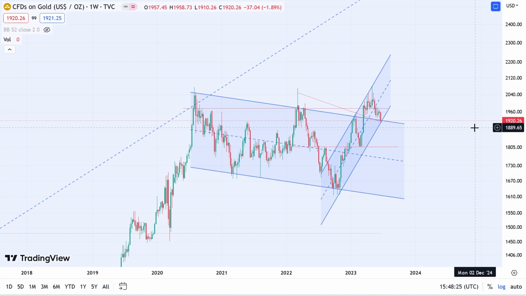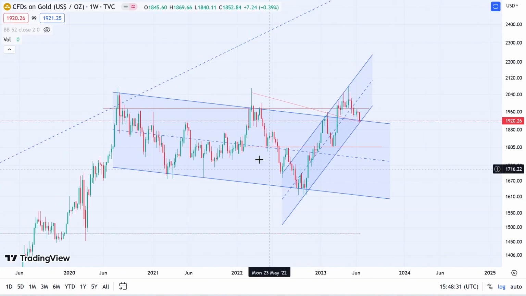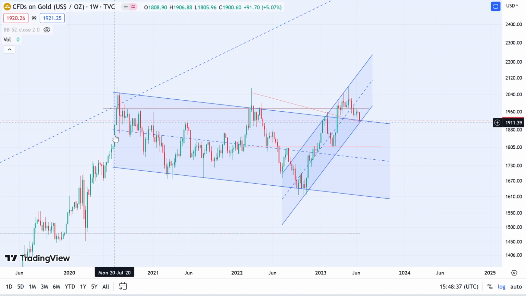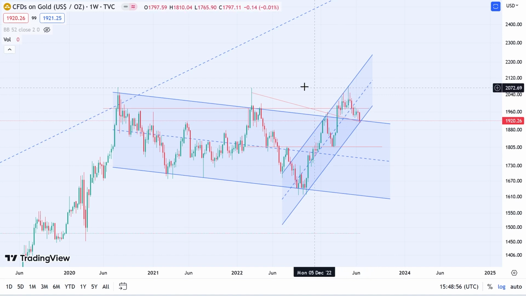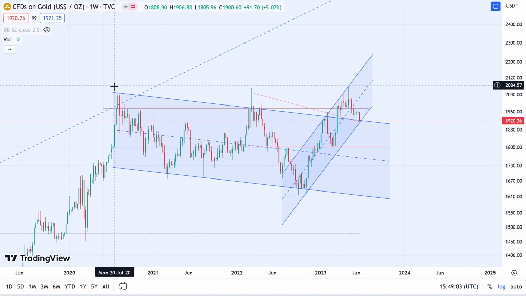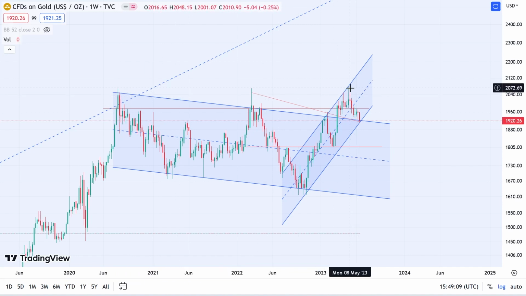So we've got gold first, and as you can see, I've pulled it up on the weekly candlesticks. So you can see we have a nice flag formation, parallel price channel using the weekly candlesticks. And we had a breakout in March earlier this year. We retested at the beginning of May the all-time high, which was hit a year earlier, March 2022, and in August of 2020. So it's a triple top formation that we formed,